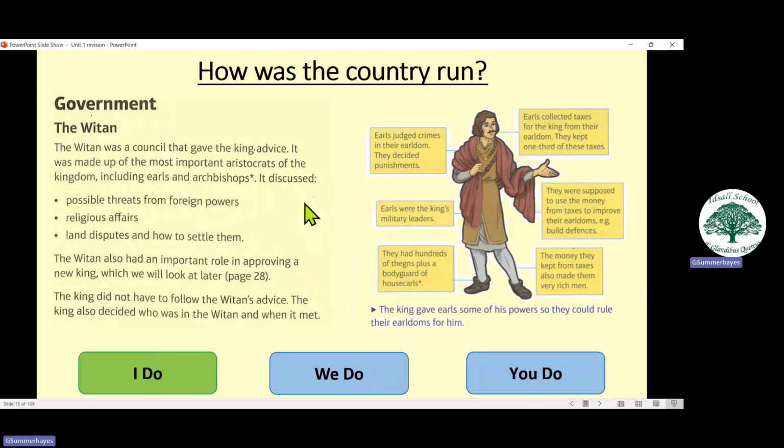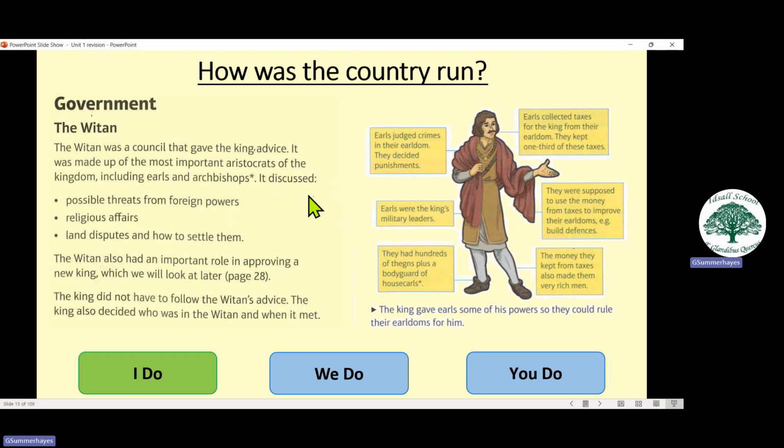The other limit you could talk about, if you got a question on this, was the Witan. Now, the Witan is not a parliament. It's his earls and whoever he wants, essentially. If he wants to call all the thanes, he could do, but that would be quite unusual because there's so many of them. But he could call the ones in the local area that he wanted, or specific ones, and they would discuss and advise him on various things like threats from foreign powers, religion, and land disputes.